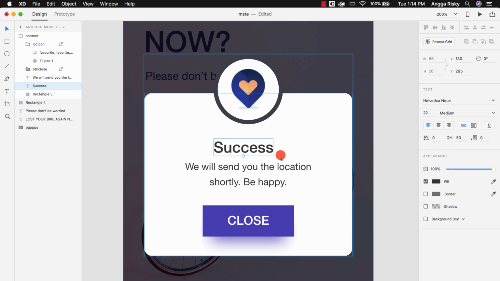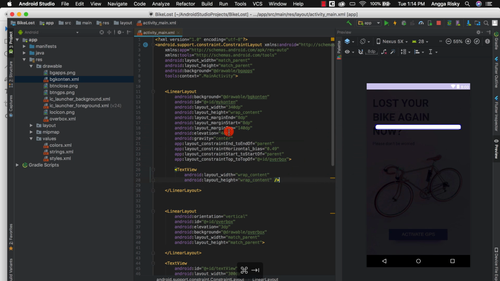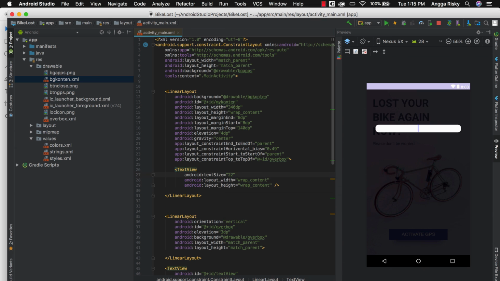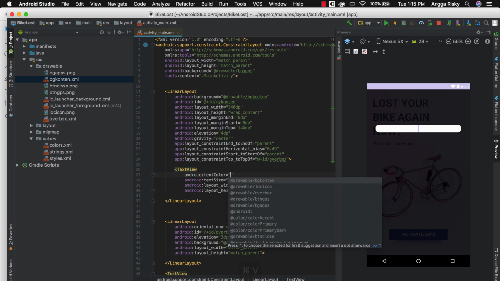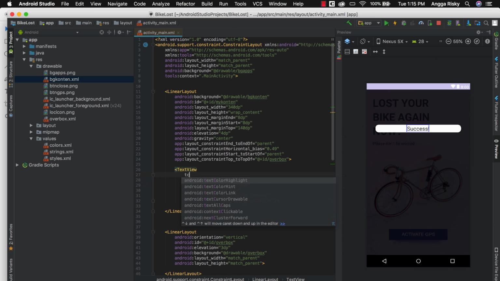Let's see the properties of this, 22, and the hex color, and then here SP, and then text color, and then the text is success. Okay, and make it bold.